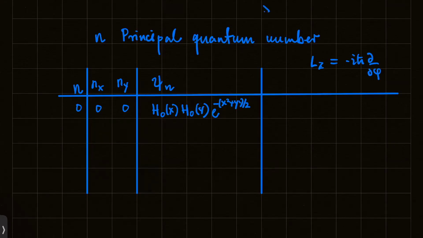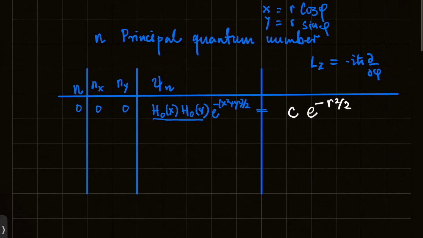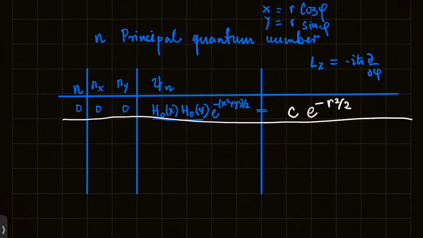So x and y are related to r and phi through these formulae. So I can then translate this, and for n equals 0 these are just constants, right? So up to normalization, this is just going to be some constant times e to the power minus r squared by 2, right? So this is the first one, and then one can say, okay, what about the next one? So if n is 1,